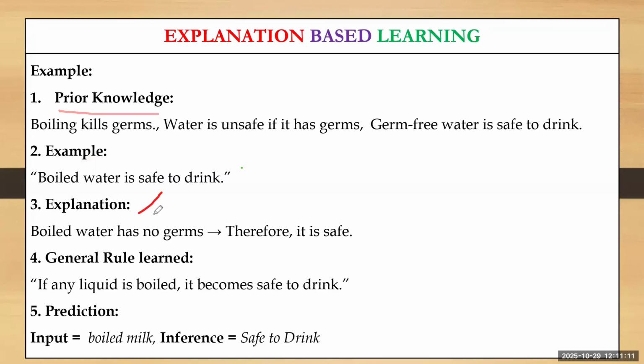Then only it will give some reason, because of these reasons only the boiled water is safe. In this way it will create some reasons, and based upon these reasons it will generalize the rule for all liquids, and then based upon this rule we will do the predictions. This is the explanation based